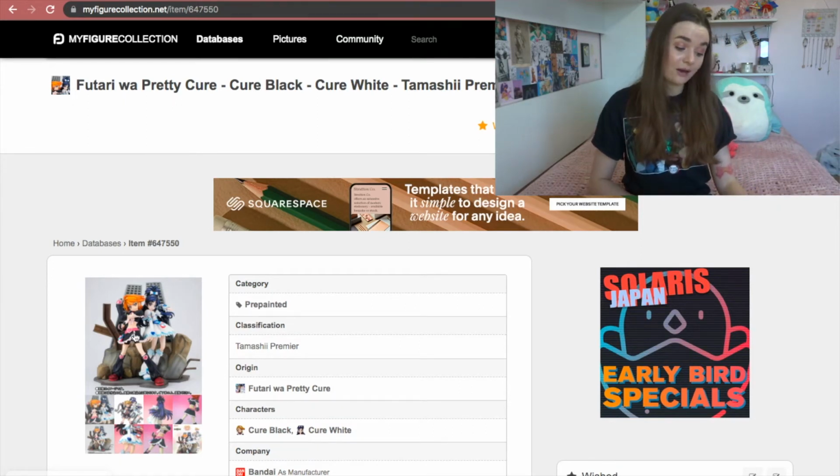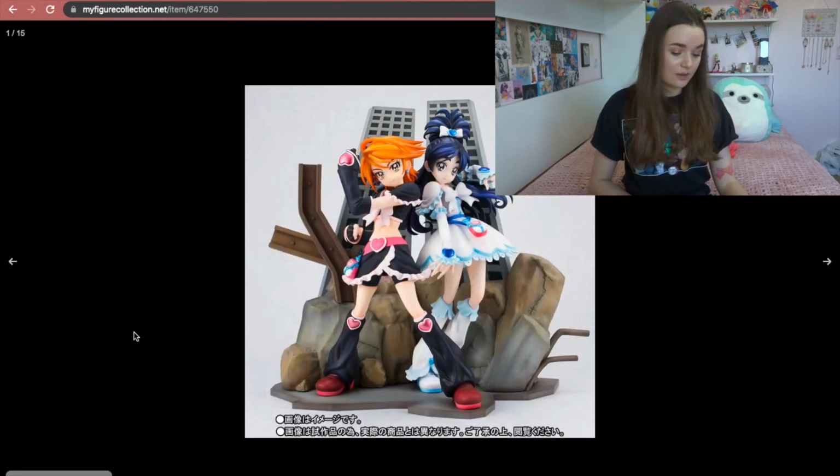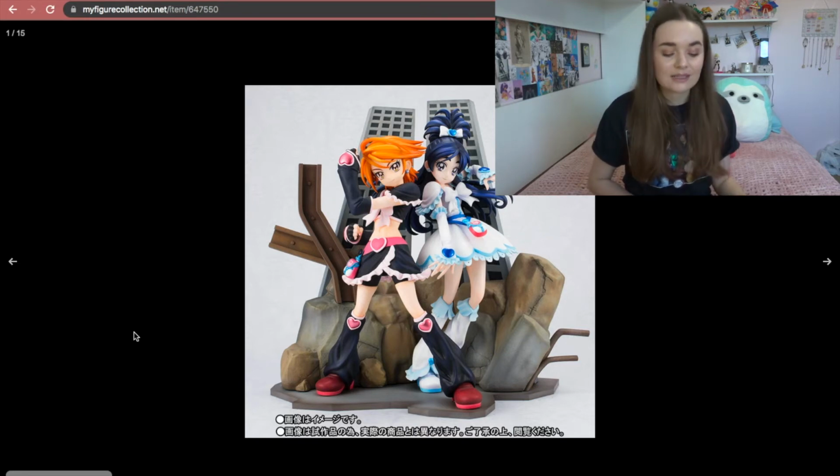But to be fair, this Futari wa Precure is pretty cool. I actually like this figure a lot. I think that they've done a really good job on capturing the essence from the TV show, and the base is what gets me on this. I think the base is super, super cool. It is originally